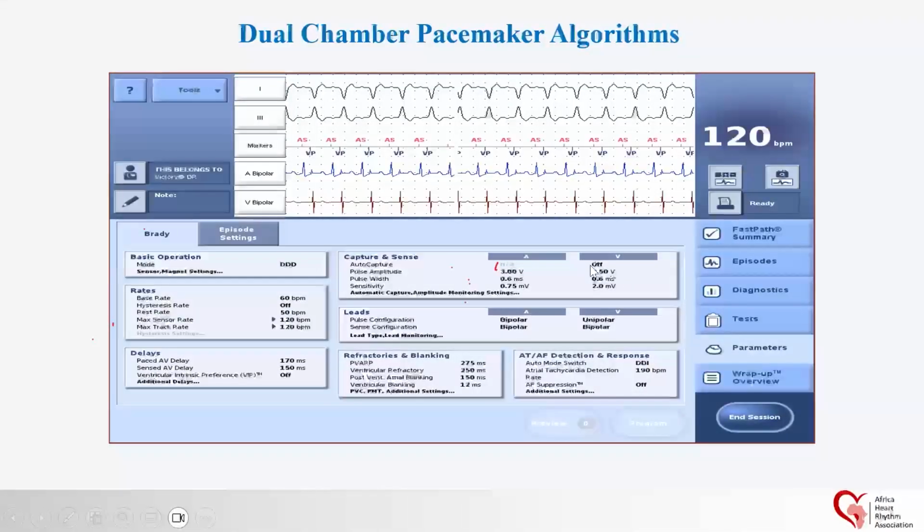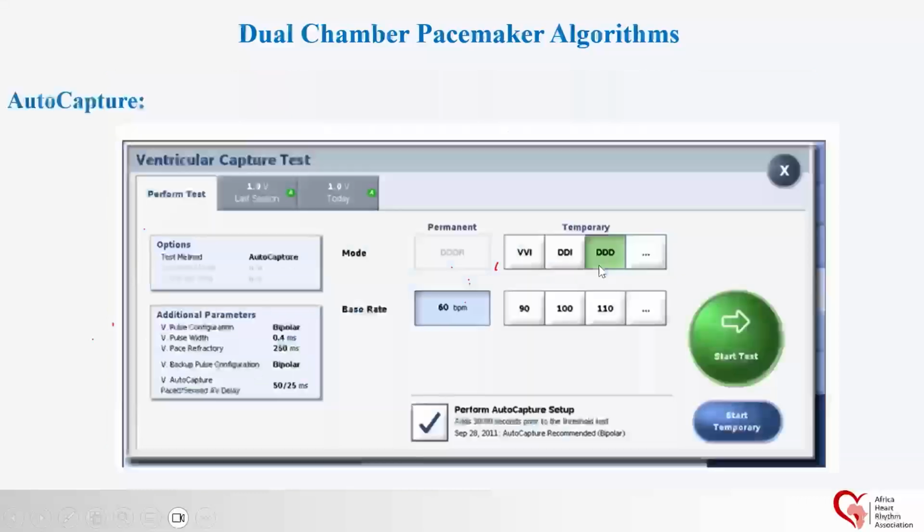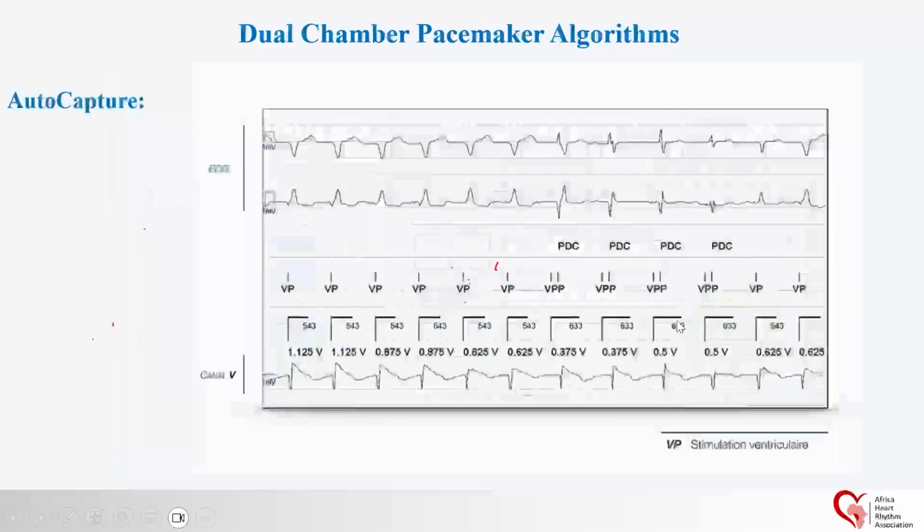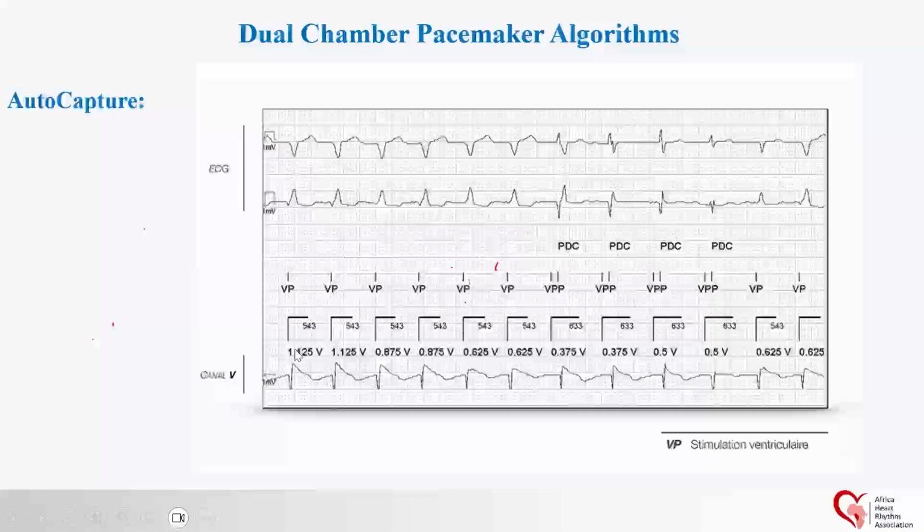It is off here, and we change it to on. And when we change it to on, we will have this screen. So we will have auto capture here, and we will change it to VVI mode. And then we will choose the frequency of test, and we do start test. When we start the test, it will be like that. The pacemaker starts to test the ventricle capture and the ventricle threshold. And we have here